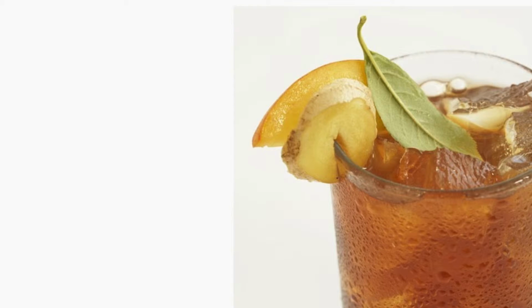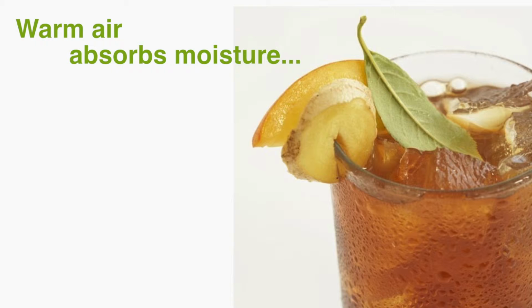Conversely, consider also in summer when you're sitting on the back porch drinking a glass of iced tea. You'll notice that water forms on the outside of the glass. Why is this the case? Well, the warm summer air is saturated with water because it has absorbed moisture from the environment. This warm air comes in contact with the cold glass of iced tea, and when it does, the air surrounding